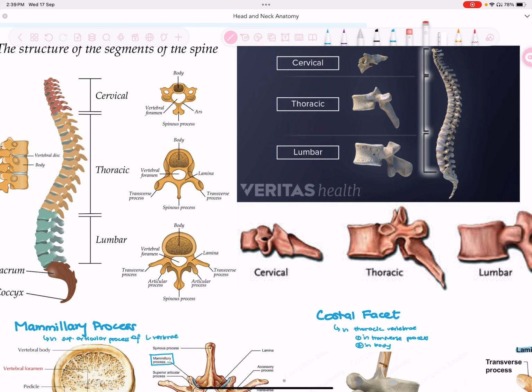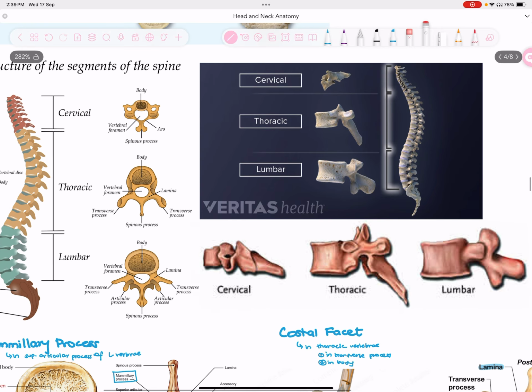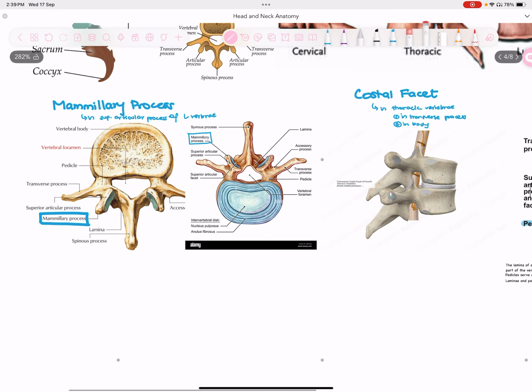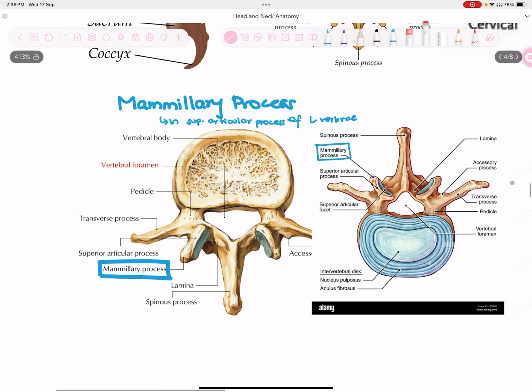So what are the other distinguishing features between these two if you get confused? The other features are that the lumbar vertebrae, its superior articular process, or you can say its superior articular facet, has a mammillary process, very important. So this is the lumbar vertebra. This is the vertebral body. This is the transverse process, this is the spinous process, this is the superior articular process and facet, and then